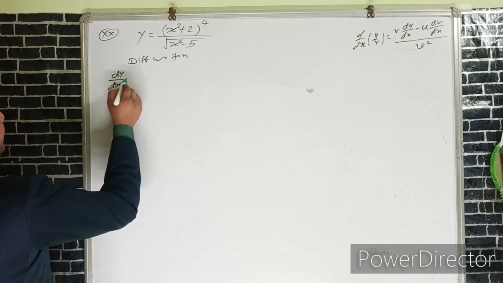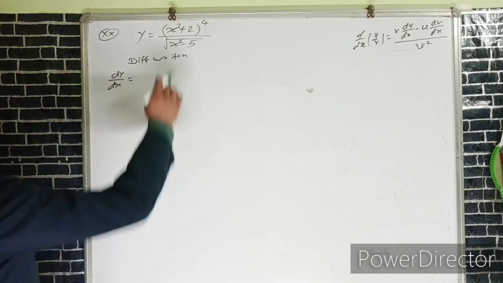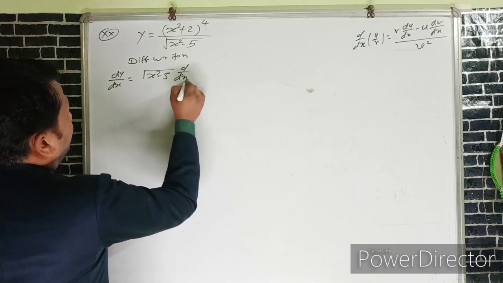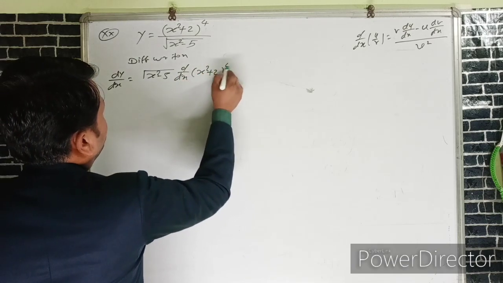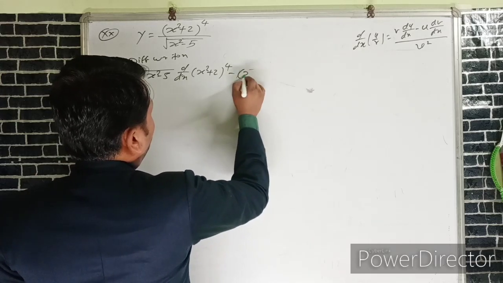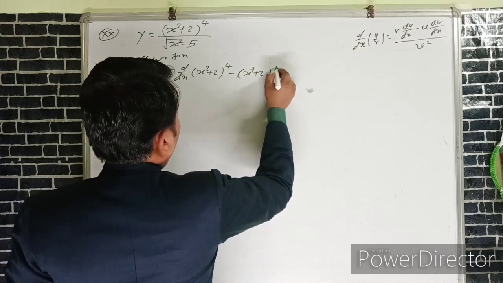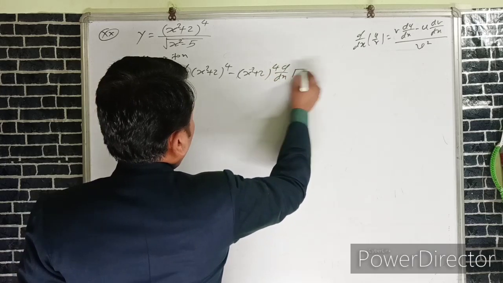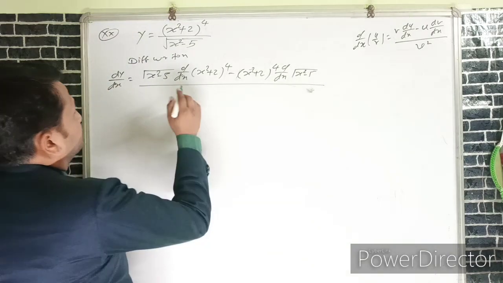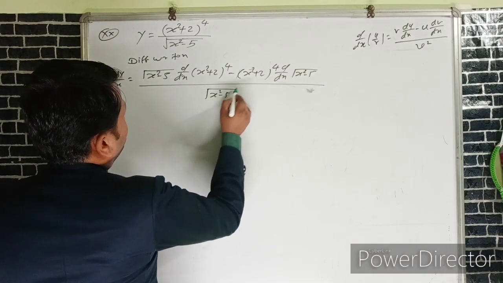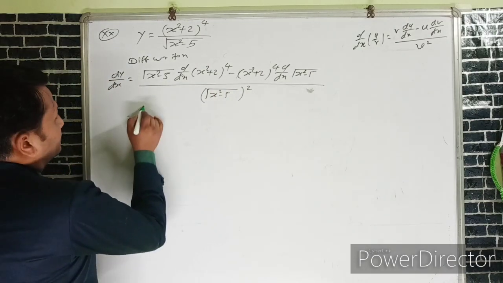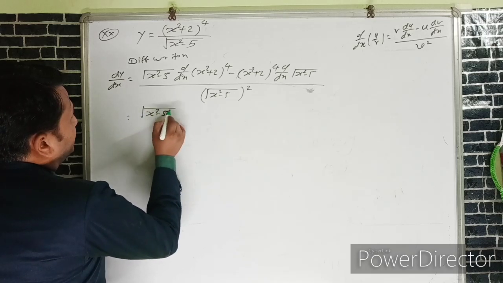By applying this rule, if we differentiate with respect to x, then we can write the derivative of y, dy upon dx, is under root of x square minus 5 into derivative of u, means x square plus 2 whole raised to the power 4, minus x square plus 2 raised to the power 4 into derivative of under root of x square minus 5, upon v square, means under root of x square minus 5 whole raised to the power 2. After that, under root of x square minus 5 as it is,